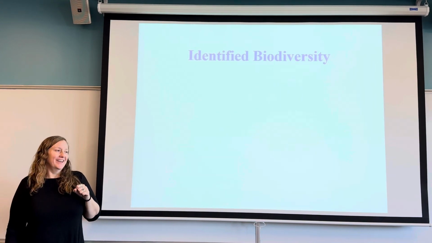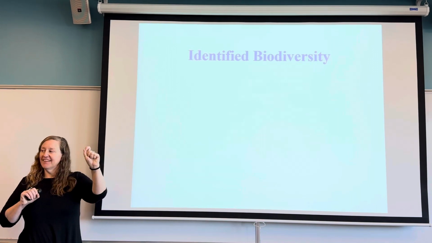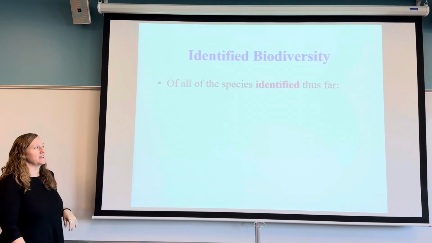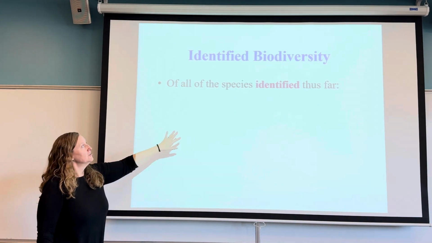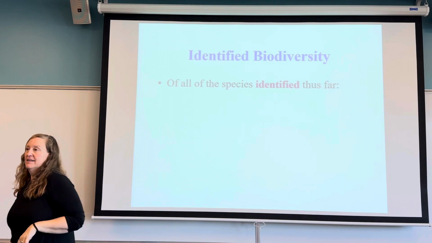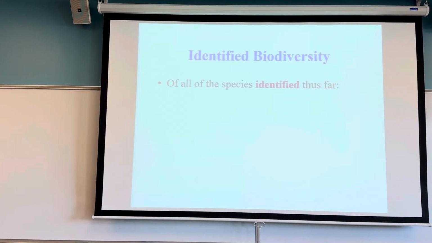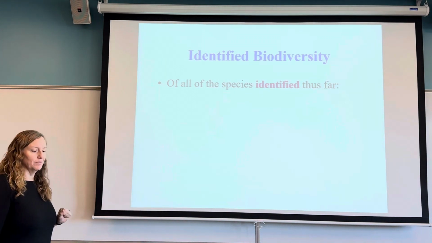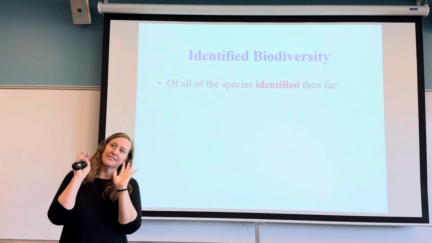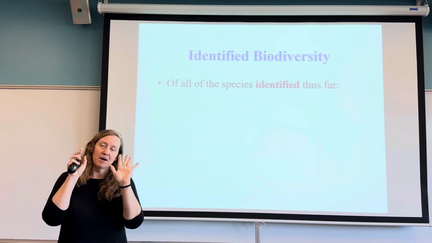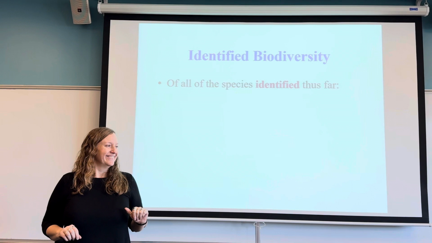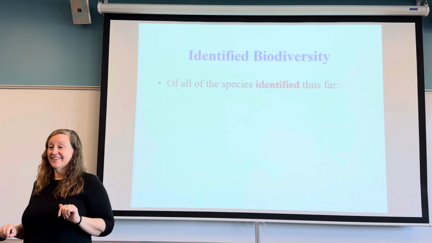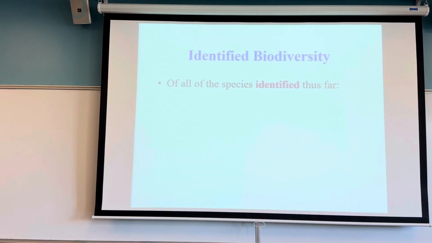But then let's think about the juxtaposition between that and what is actually identified. So here's where things get a little bit weird, and we'll think about human nature when we're looking at identified biodiversity. Okay, I want you all to think about your phones or your computers or your tablets. When you stick a picture on the screen, think about what organism you have a picture of. It could be another human, could be your dog, your cat, your reptile, could be a pretty flower.